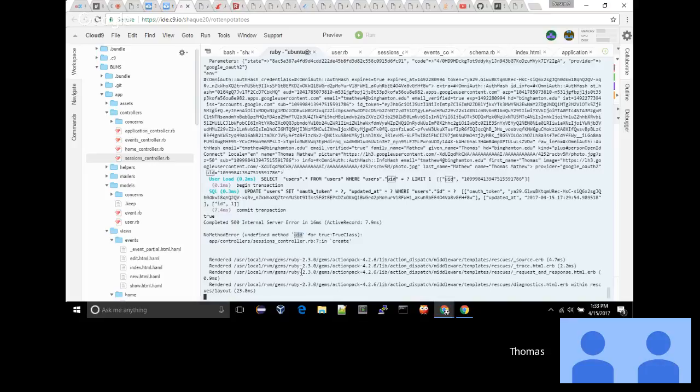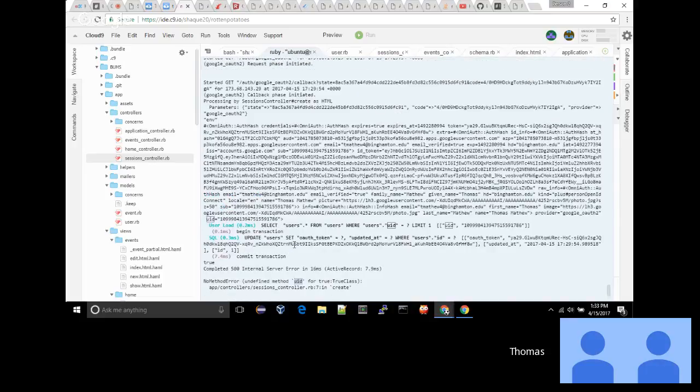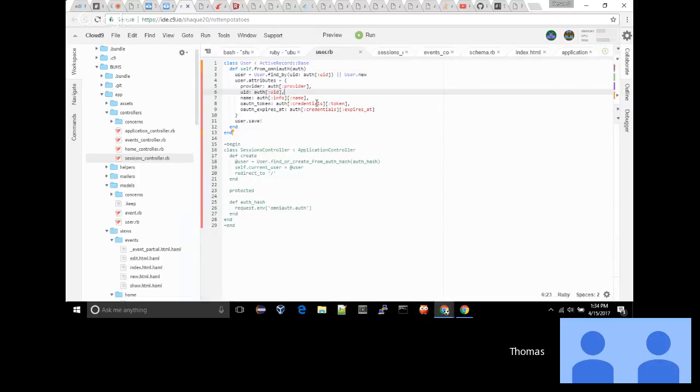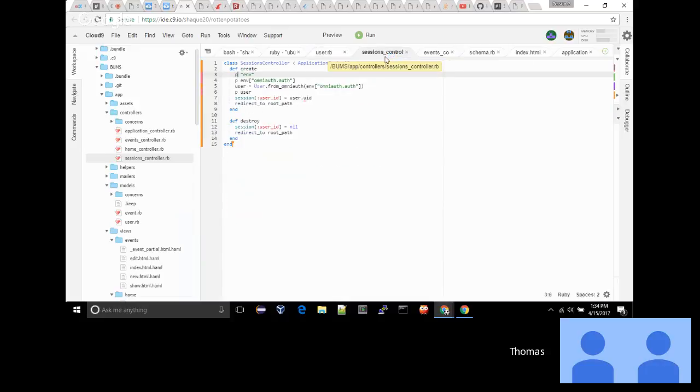Can we look at the code again? So let's look at the code that's working now, and then go on to the code that isn't working. So this one just works, right? Okay, so we have user find by UID. I'm not sure. No, let's look at the other code. Is it the other code that's working? I'm not sure. Session. Okay, yeah, this is the stuff that's not working. But we did see env, and we are seeing what OmniAuth is,